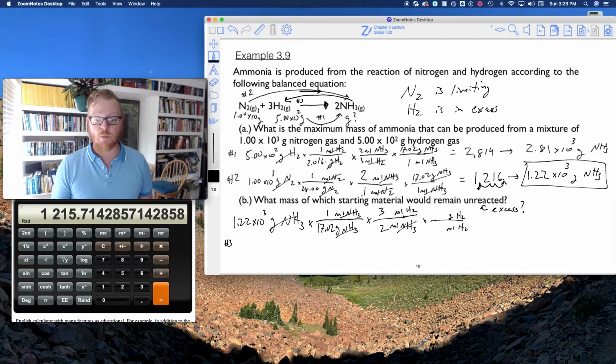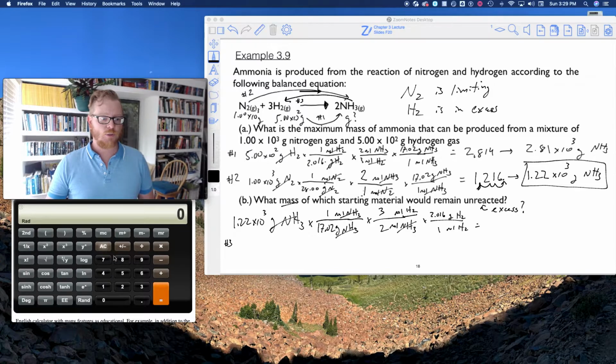we're trying to get to, right? We're trying to say what mass would be left over. And so we know 1 mole of hydrogen is 2.016 grams of hydrogen. Okay, so what do I get when I do that calculation? All right, so I can say